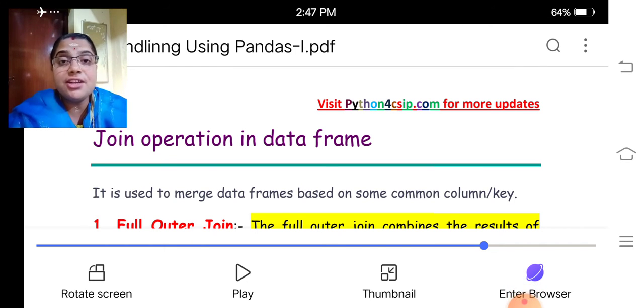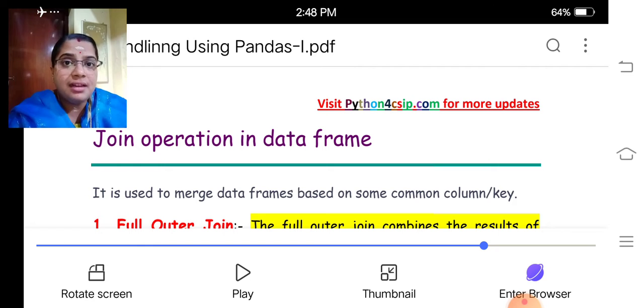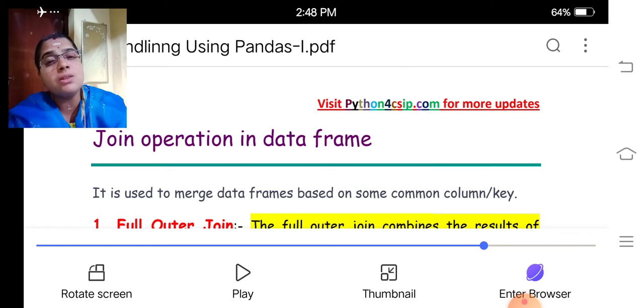Today we are going to discuss a new chapter, that is join operation in data frame. Actually it is a new module within the same unit, pandas. We had already discussed what is join in MySQL, isn't it? What is joining of two tables? By using a common column name, we can join two tables. If the column values are present in both of the tables, the merging happens. Similar to that, instead of tables, here we are going to join two data frames. That is the only difference between a Python pandas data frame and a MySQL database table.